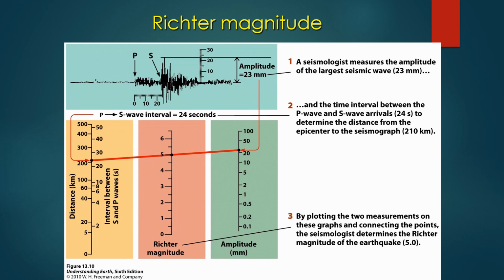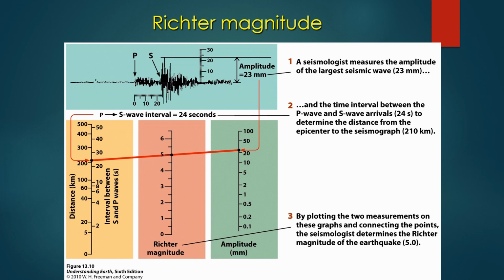The scale on the right is the recorded largest amplitude of seismic waves from the seismic station for the earthquake. Plot the distance and the amplitude on the scale. Connect the two plots. The intersection in the middle with the scale of Richter magnitude